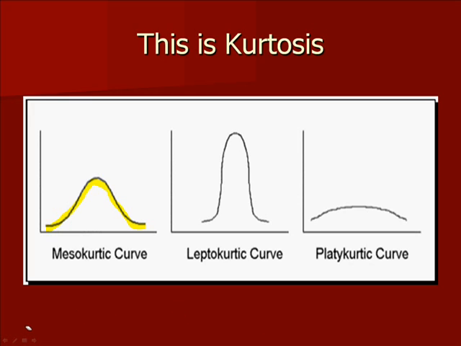The other thing that can happen is if we have, let's take IQ scores. Our average IQ score is 100. And we don't have everybody's IQ scores. So we have 100 people that have a 100 IQ. We have 100 people who have a 110 IQ. We have 100 people who have a 120 IQ. We have 100 people that have a 90 IQ, 100 people that have an 80 IQ. Well, now this thing is flattened out, and that's called a platykurtic curve.